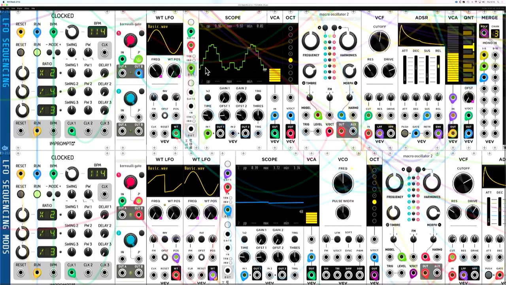Now, it's kind of easy to see there. What we have is a sine wave, and what we have over here on the scope is the sampled version of a sine wave with all the steps in between. If we change the frequency, it has less and less chance to sample on each cycle, and so we end up with a series of almost square waves. And if I turn this frequency up,